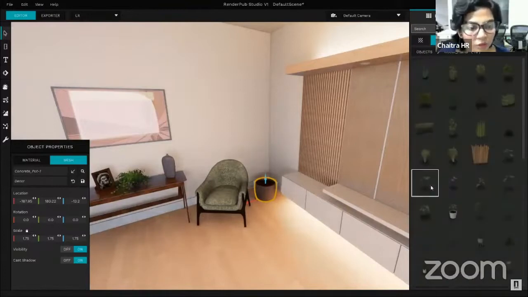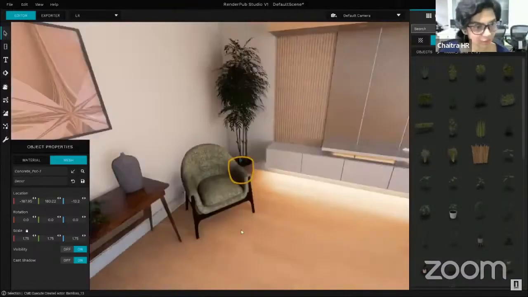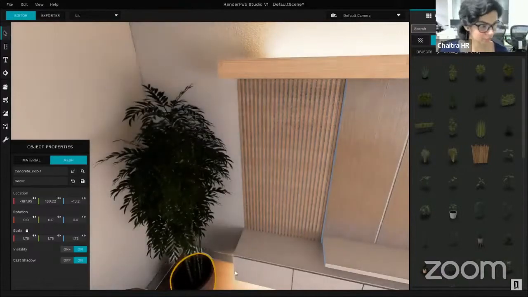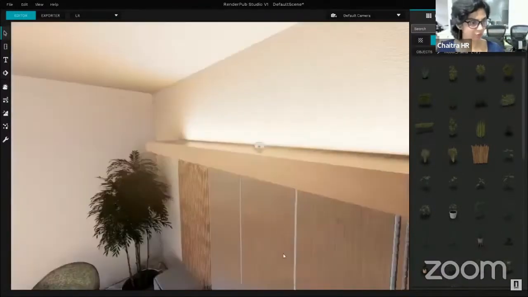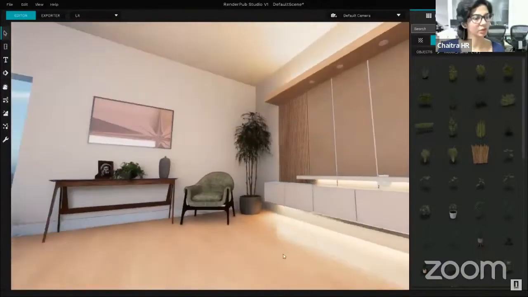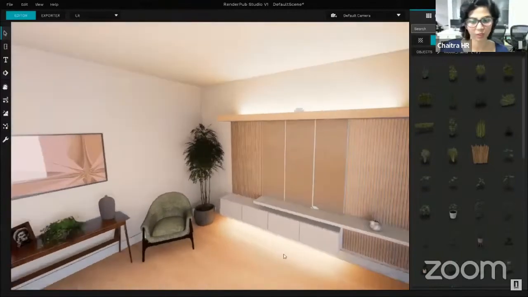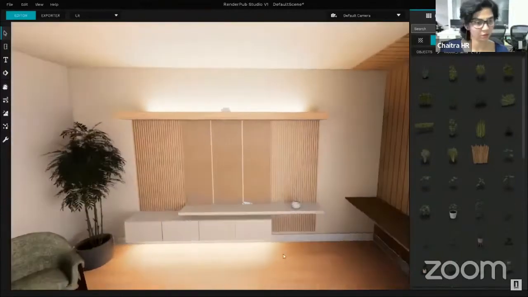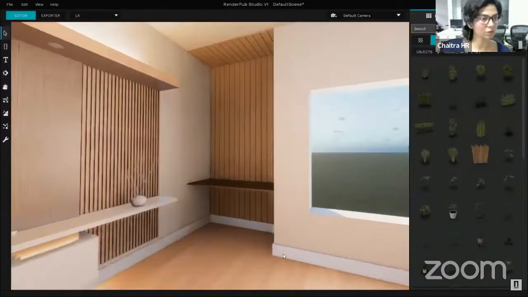Again, I'm going to pull in some sort of a bamboo. Let me see how it looks. Yeah, not bad. I'm just going to leave it there. Does it look like it's in the pot? Yeah, looks like it's in the pot. Cool. I think we're done with this wall. We can move over to this desk nook and